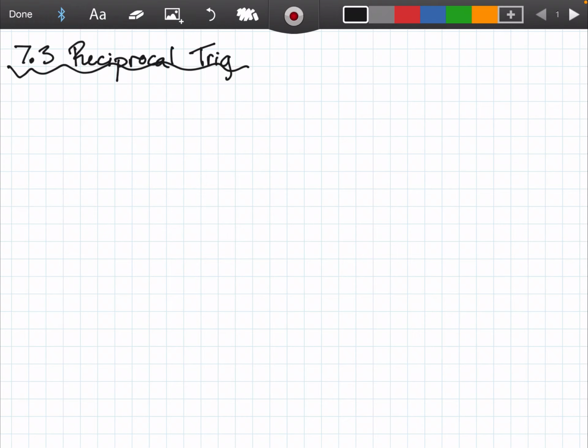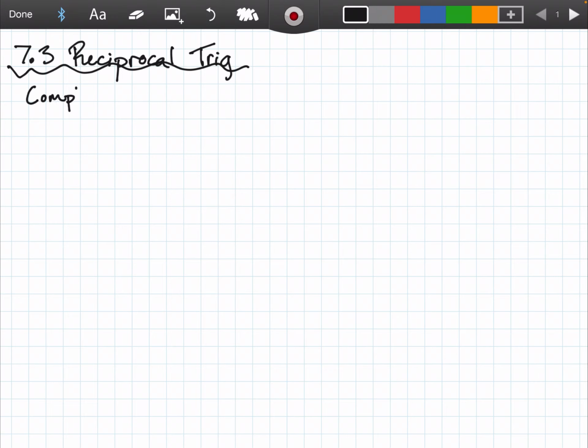Okay, let's talk about more trig. We're going to start off with what are called trig identities. Identities help you simplify expressions. That's the idea. I know we're talking about reciprocal trig, but I'm going to start with